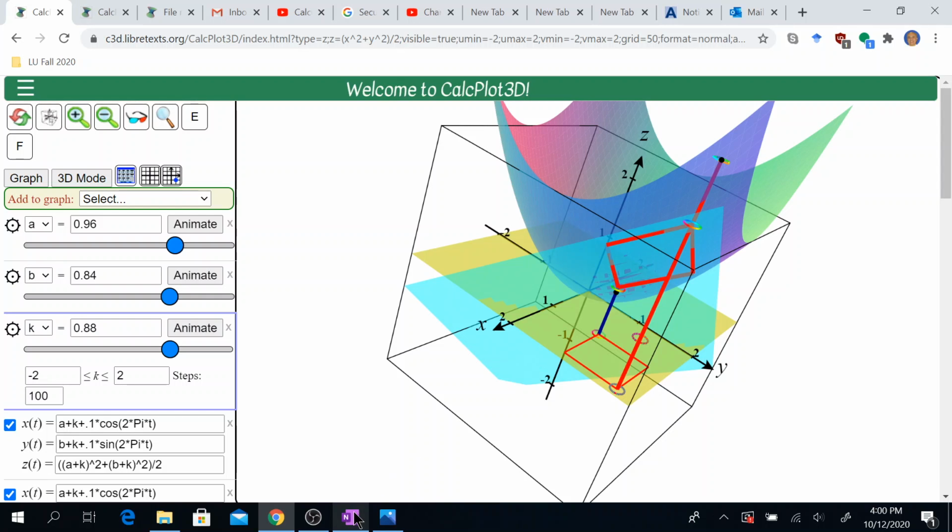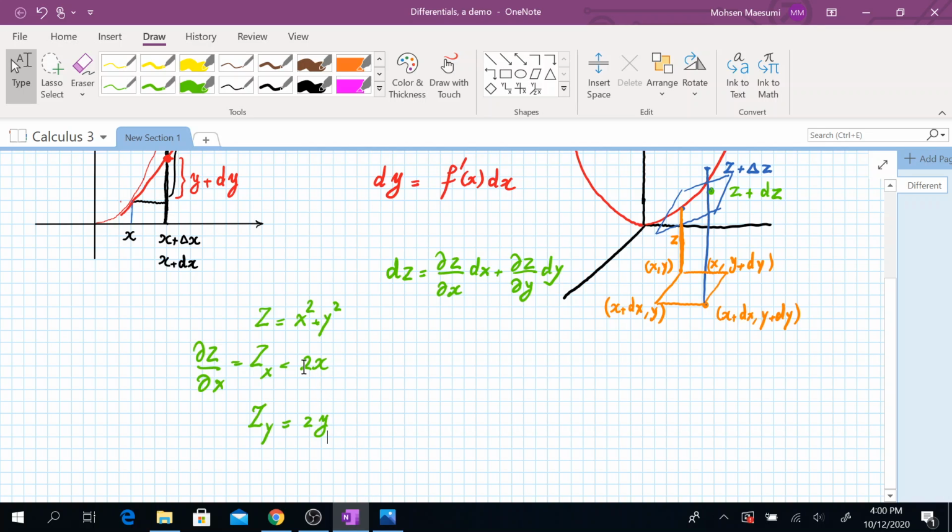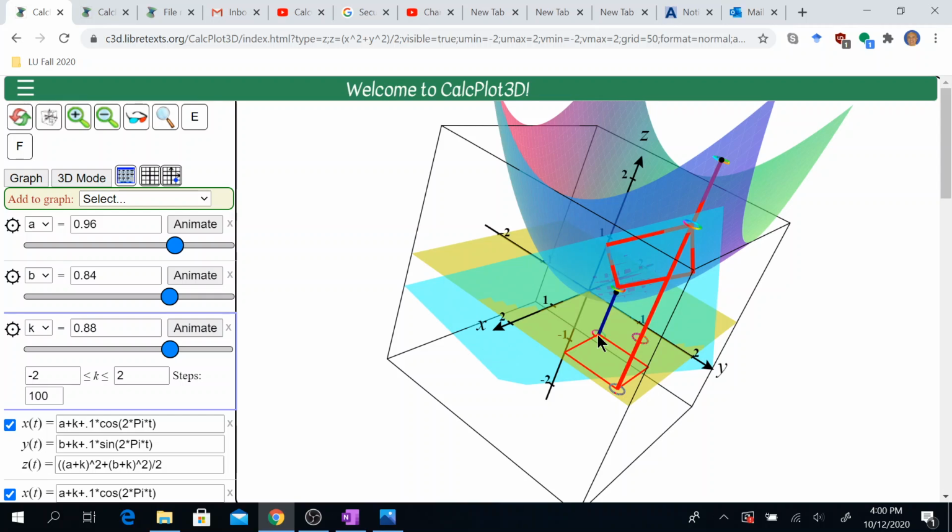So these two that I just showed you, the slopes of those two lines, are the values of 2x and 2y at the start of that trip. That is, when I go to this location, if I calculate 2x, I'll get the slope of this line. If I calculate 2y, I get the slope of this line. When I change x, there's a rise in the value of z. When I change y, there's a rise in the value of z again. When I change both x and y, these two increments get added up,